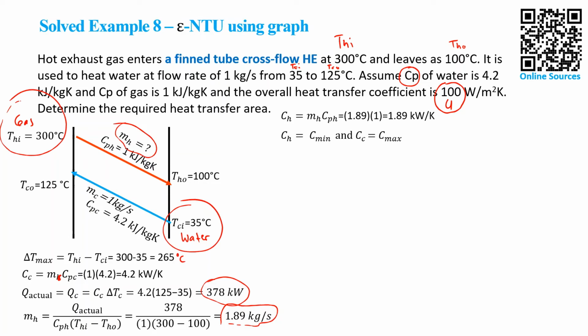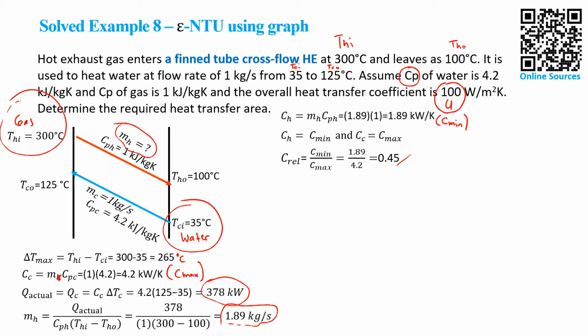We find it is 1.89 kilowatt per Kelvin. After calculating Cc and Ch, we need to identify which one is Cmin and which is Cmax. Whichever is bigger is Cmax, very easy. So Cc becomes Cmax, while Ch becomes Cmin. Next we calculate the Cr, the relative C, which is equal to Cmin divided by Cmax. We find the value is